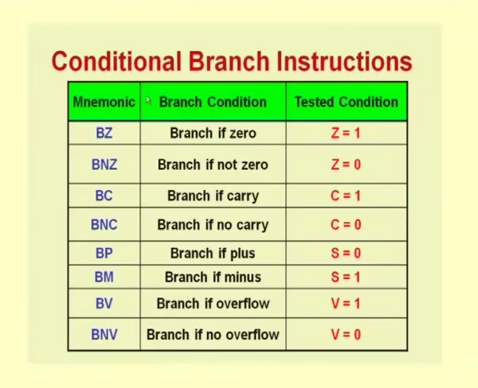Then we also have conditional branch instructions. These are instructions which test the different condition flags which are set. So, you would have something like branch if zero, BZ, and branch if not zero. The condition tested here is whether the zero flag is equal to 0 or 1. Similarly, we have branch if carry or branch if no carry, which tests whether the carry flag is equal to 1 or 0. Branch if plus or branch if minus, or this could also be given as branch greater than 0, branch less than 0, will basically be just testing the sign bit. Similarly, branch if overflow and branch if no overflow, which test the overflow bit. So, these are the different conditional branch instructions that we look at.